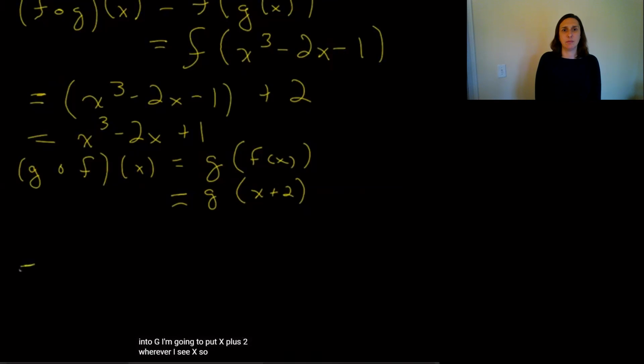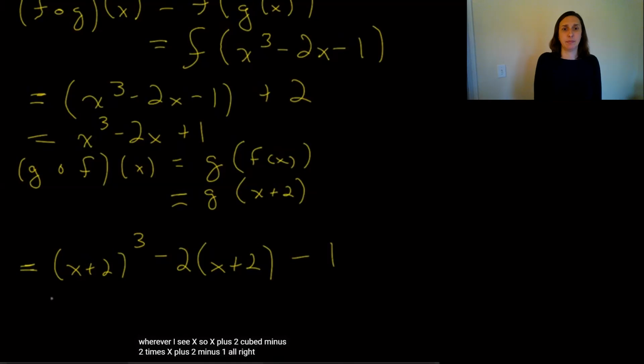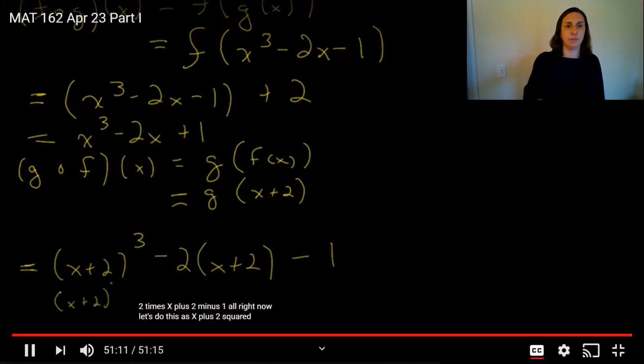So x plus 2 cubed minus 2 times x plus 2 minus 1. All right, well, let's do this as x plus 2 squared times x plus 2 because I've got to do my